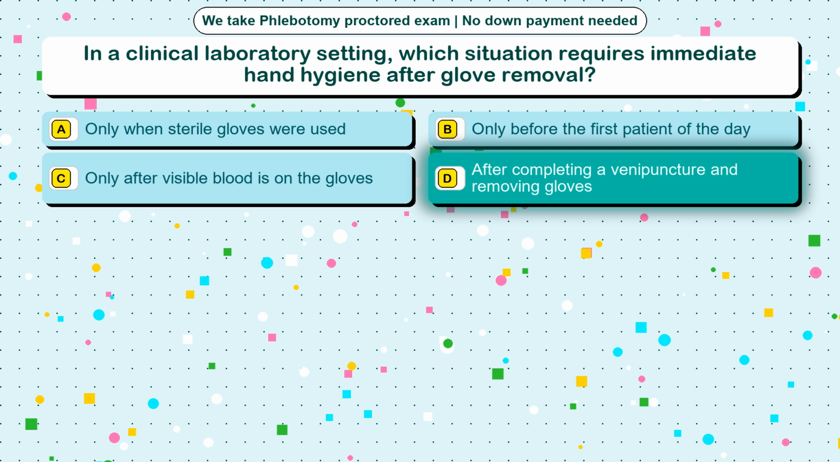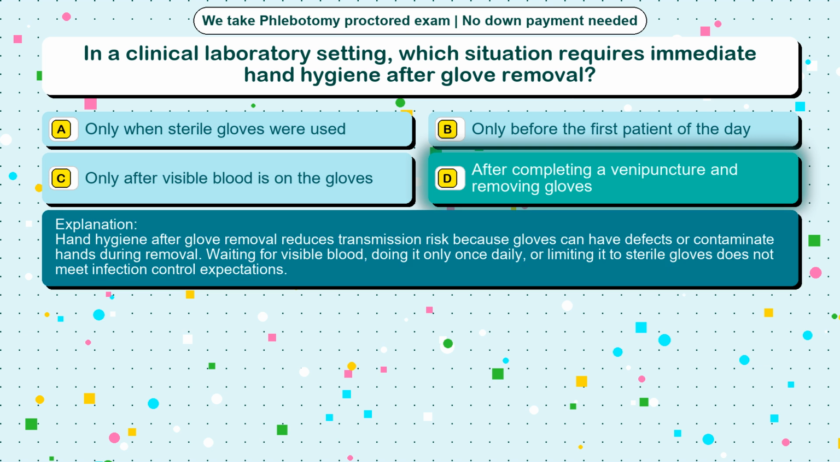After completing a venipuncture and removing gloves. Hand hygiene after glove removal reduces transmission risk because gloves can have defects or contaminate hands during removal. Waiting for visible blood, doing it only once daily, or limiting it to sterile gloves does not meet infection control